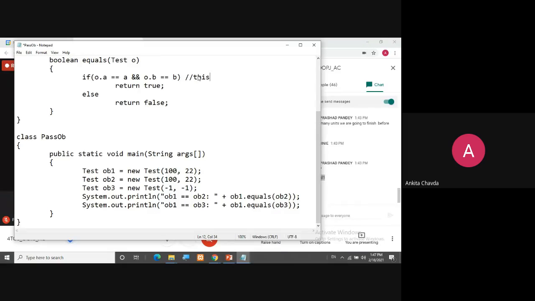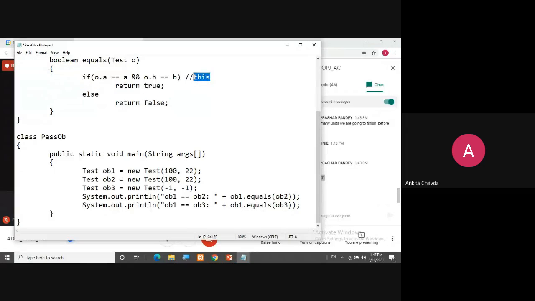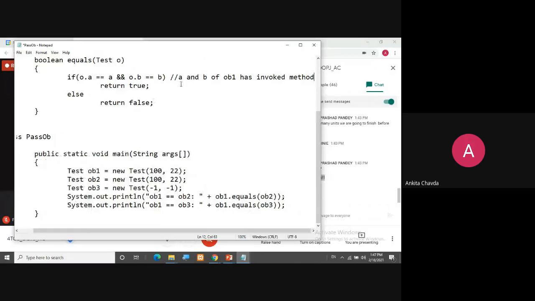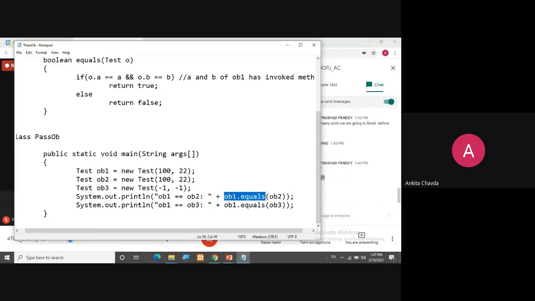So throughout this method, everyone knows what a and b are of object 1, because here object 1 has invoked the method. So whosoever is calling this method, their data will be referred to here only via a and b. But whatsoever you are passing as a